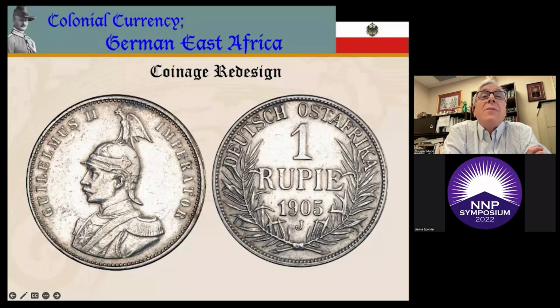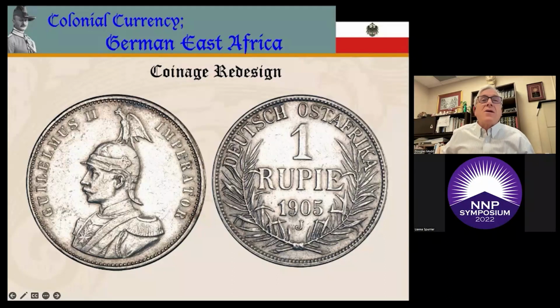Unrest in the colony dropped dramatically after 1908, with over 1,000 schools created, as opposed to no public schools in British East Africa or most of the rest of the colonial Africa at the time. So it was very progressive for the period. On the eve of World War I, the colony was dramatically improved socially, economically, and militarily, becoming a model of enlightened European colonialism with bright prospects for the future.